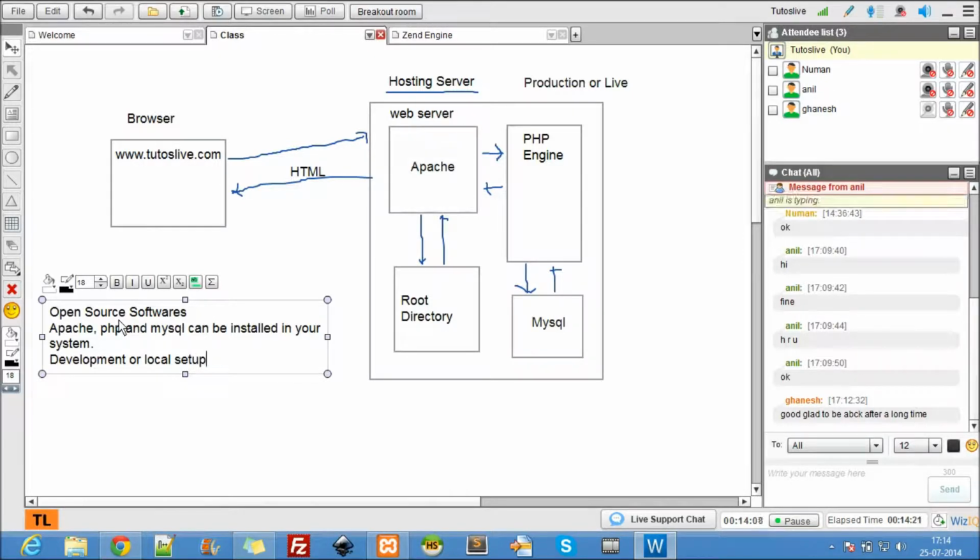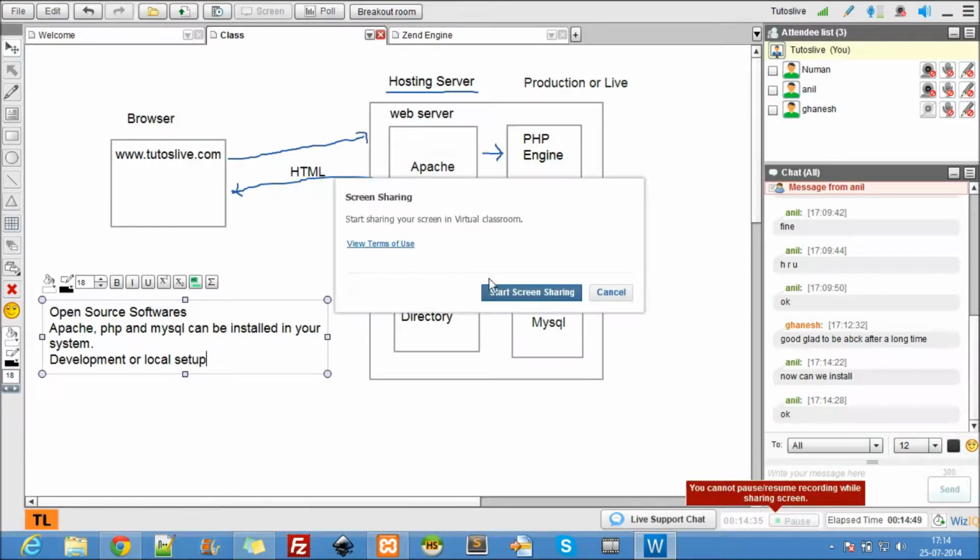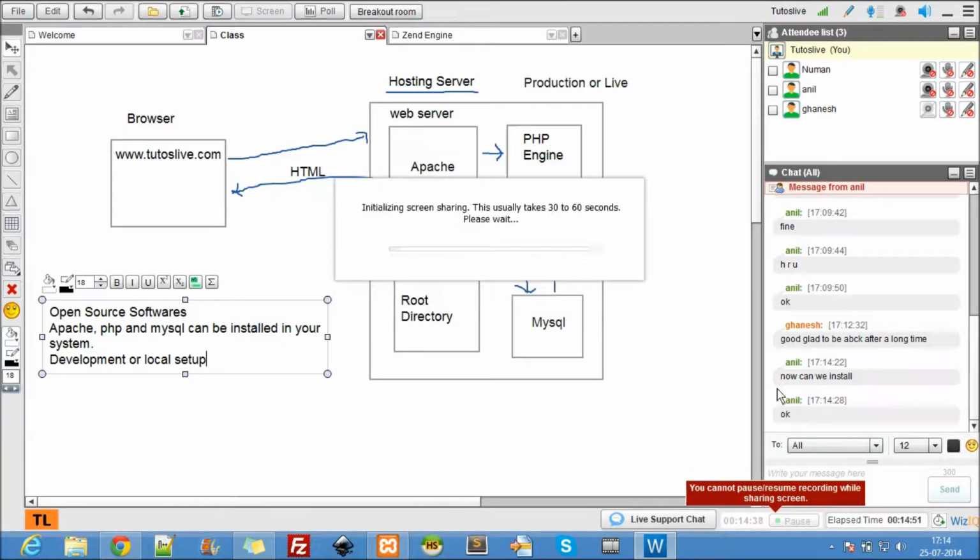So go ahead, open. Oh, Anil, you also have the setup ready, right? Yeah, you can install now also. I'll show you how to do it. Just go ahead, put your speakers on. If you have any question, you can stop me, and if you're stuck at some point, you can do that. You can install that if your internet speed is fast. I'm sorry, you can really install that on your systems too. I'm going to share my screen here to show you guys how to install all these things.